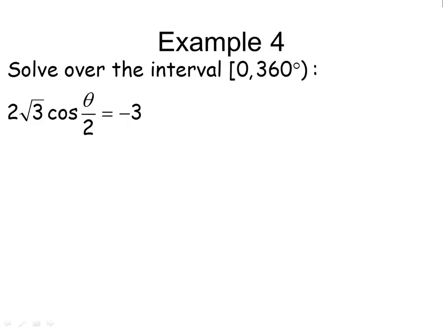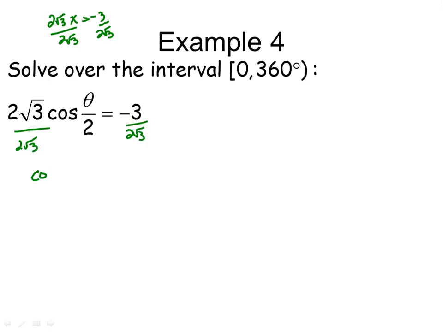Okay. We need cosine by itself. So what do we need to do? Or we need cosine and its argument, okay? Look at all of this as one thing. Look at all of this as x. So if I need cosine and its argument by itself, well, how am I going to get rid of 2 radical 3? Divide. That's the same as 2 radical 3 x is equal to negative 3. Well, to get x by itself, I'm going to have to divide by 2 radical 3. So if I divide everything by 2 radical 3,